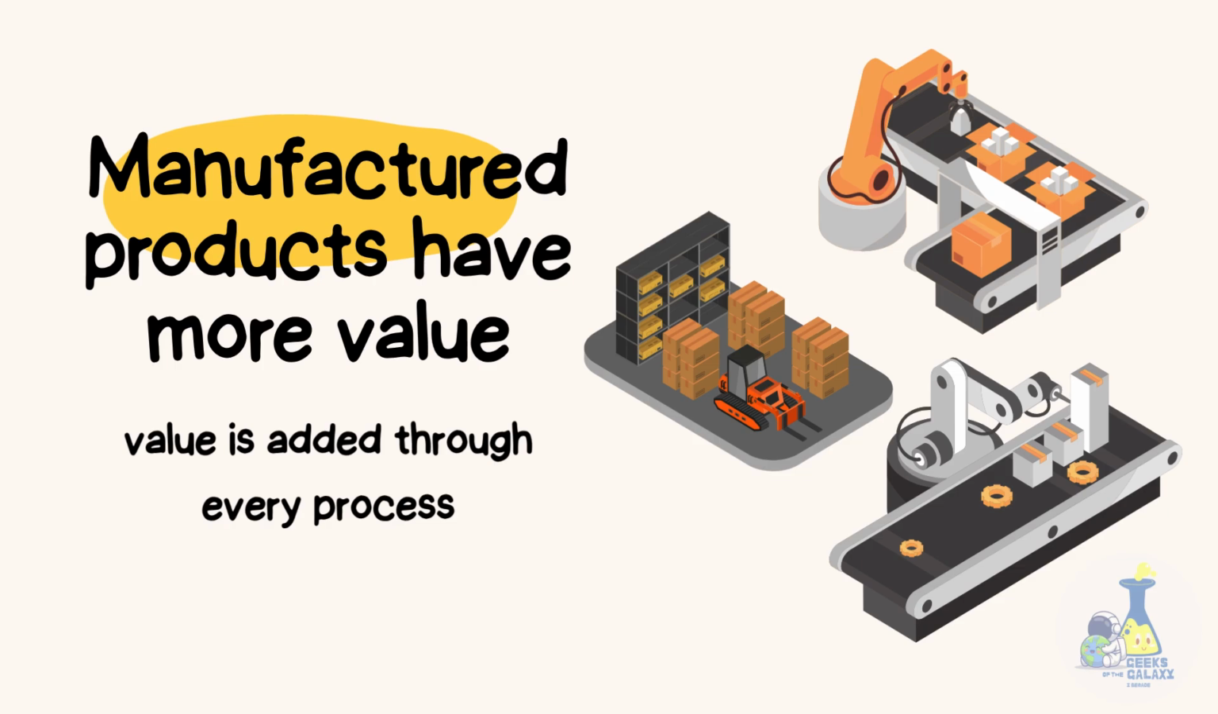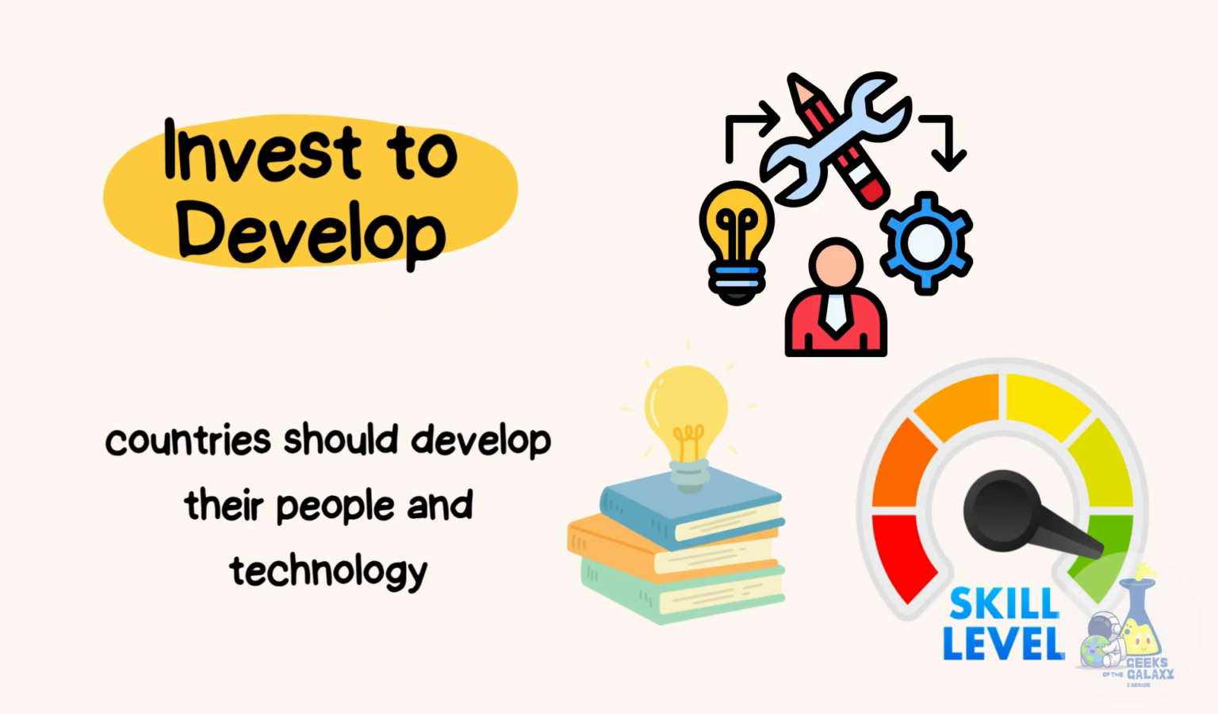Because manufactured products are worth more, countries can make greater profit if they process their own raw materials into finished products. This can help to strengthen a country's economy and create jobs. However, manufacturing requires technology, skilled workers, factories, and money, which may be limited in a country. Countries should aim to invest in their people and their economy by developing skills, improving education, and advancing technology. This will help them process their own raw materials more efficiently and produce more